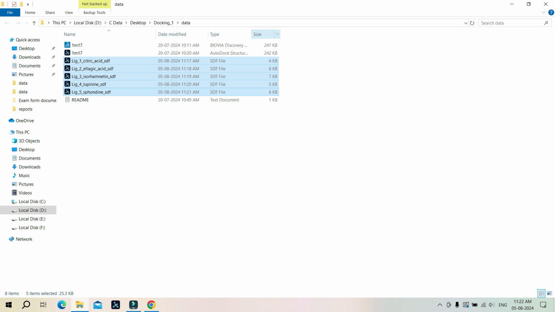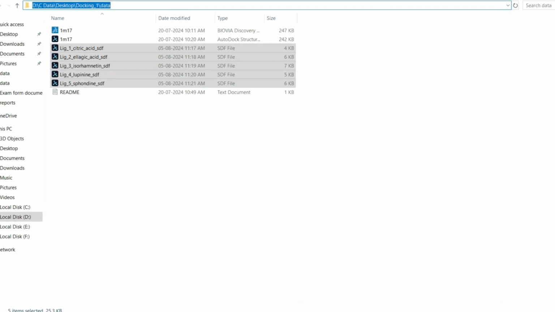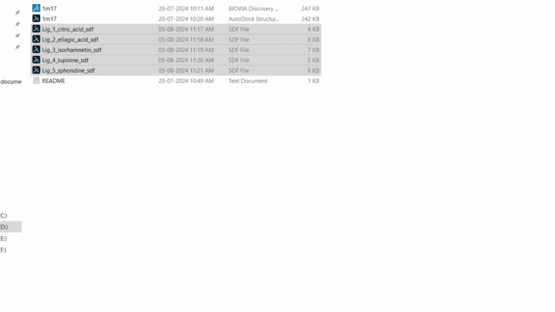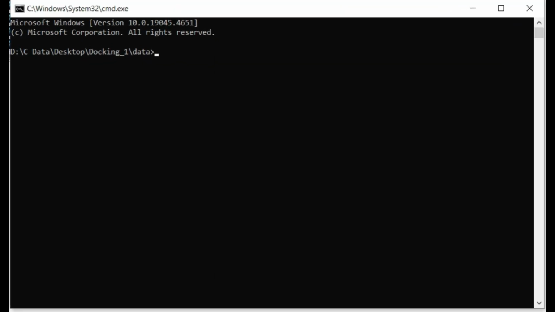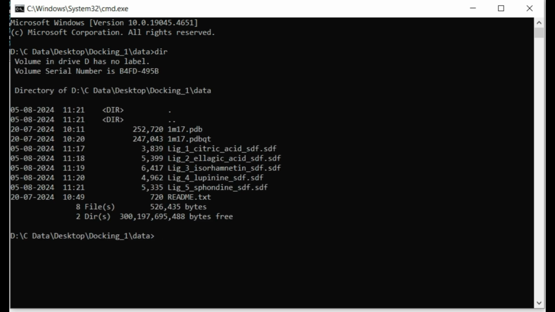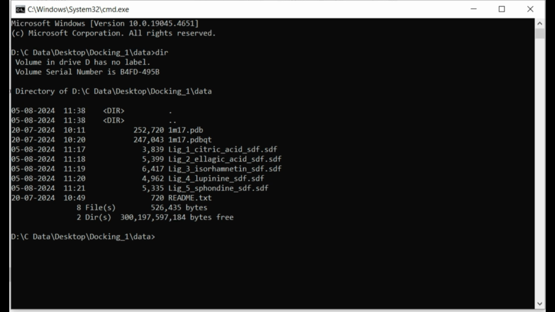We will open this folder in the terminal, like the command prompt in Windows, and with the dir command we will list the files that are present in this particular folder. So with this command you can see our 5 ligand files in SDF format are present. Now we will use the obabel command. Therefore, on the terminal type obabel,